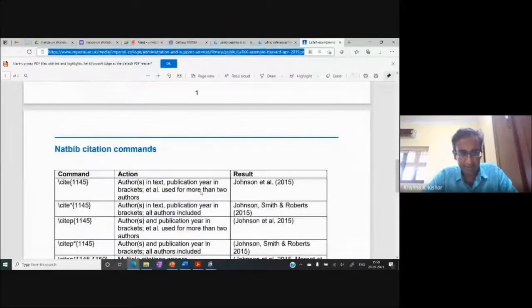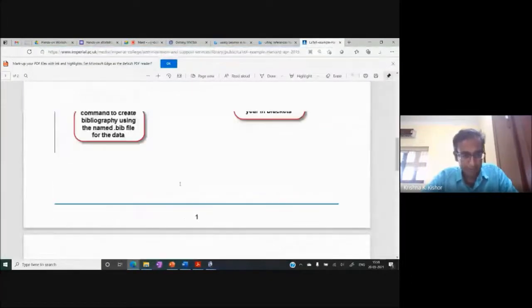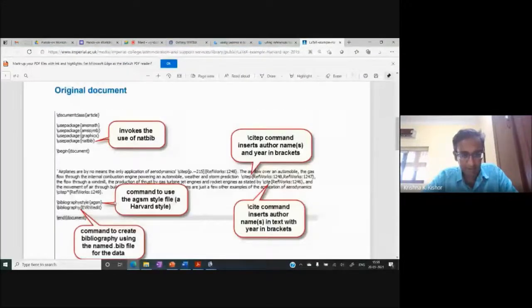So \bibliographystyle{agsm}, and you need to use this package called natbib for this particular style. Maybe there's another way. This is just one way to do it. Maybe there are other ways to do it as well.